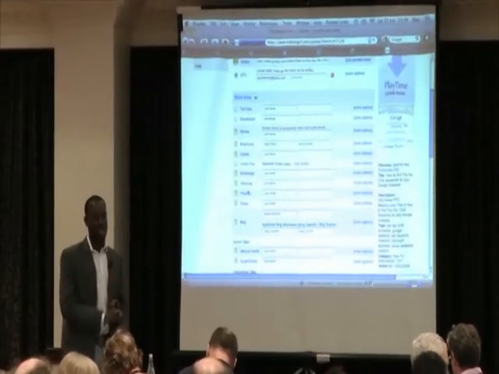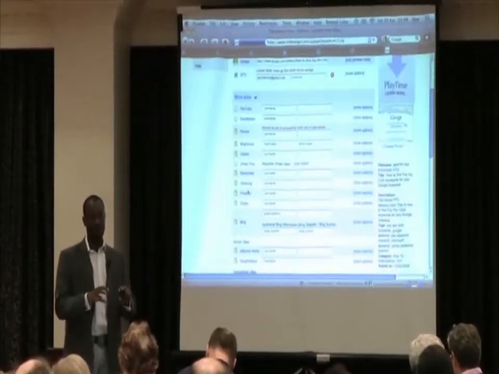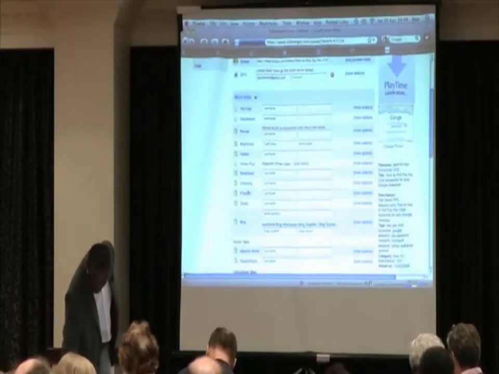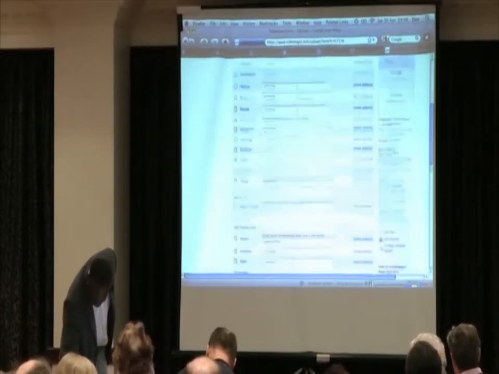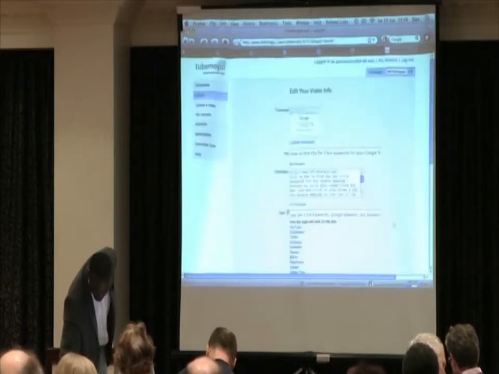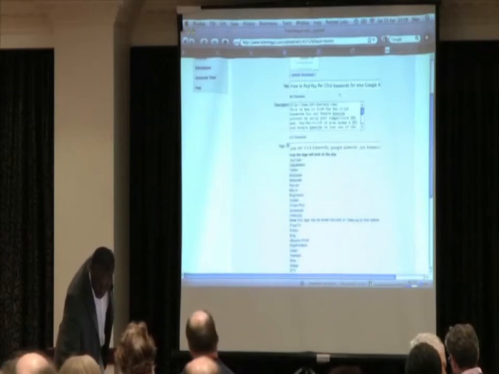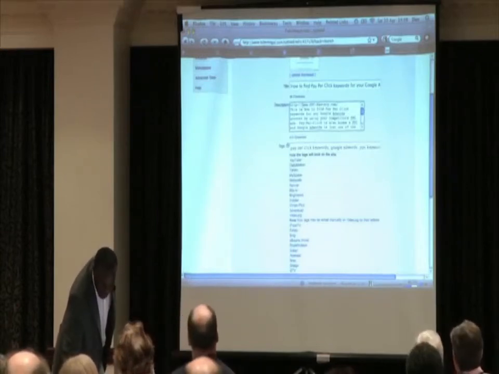What we do is we choose the right keywords in the headline, put the keywords into the text as well, and in the tags. When I click on the edit section, you can see it just here as well. For example, I've got something about pay-per-click because I do pay-per-click stuff here. Then it leads off with my website.